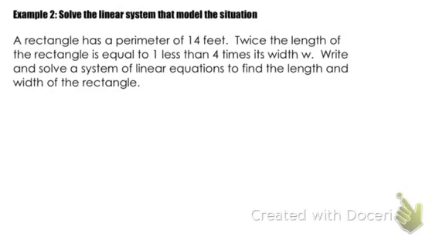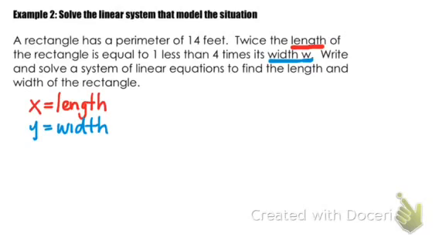So before we even write our equations, we have to define what our variables are going to be. So it says that we have a length and we have a width, W. Instead of W, I'm going to stick with a different variable. I'm going to say X is our length and Y is going to be our width. Okay? Alright, so let's get to our equations. So equation number one,